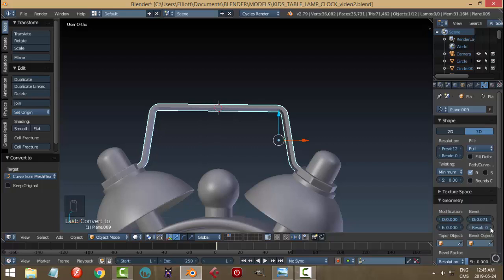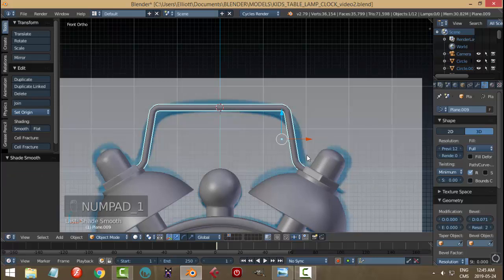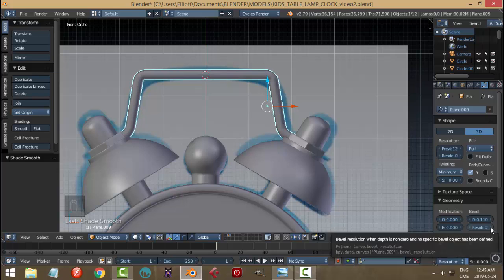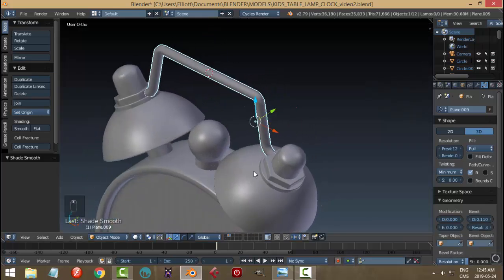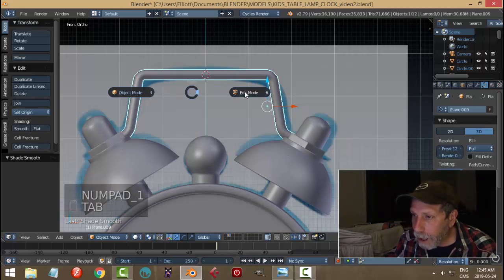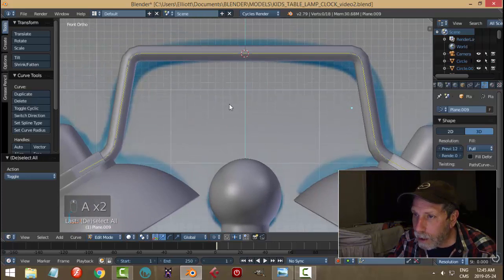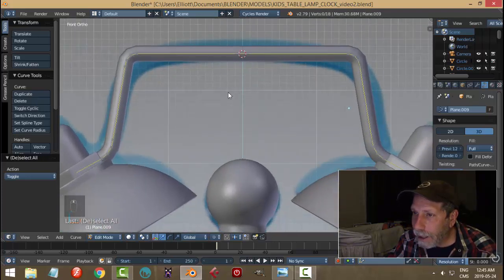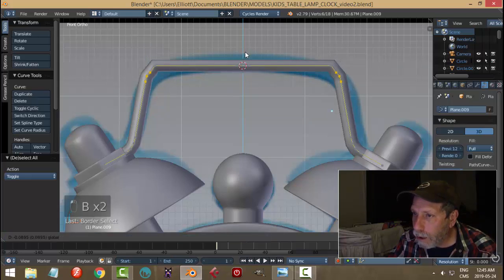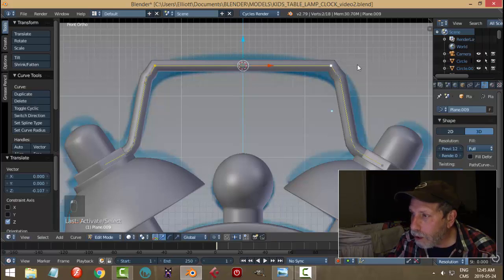Let's pull it up to there for now, and the resolution, 1, 2 for now, and smoothing, and let's look and see. Okay, it's a little bit thin still, so let's bring it up. I can bring the resolution up one more, and I'm going to have that. Now, this is a curve, so I can go into edit mode, and I can look at these points and decide if I like how they look. What happens if I grab these 3 and these 3, and I just pull down a bit, and then these ones and these ones scale in the X,